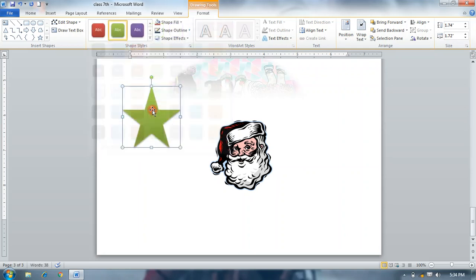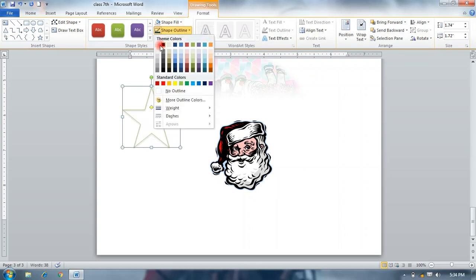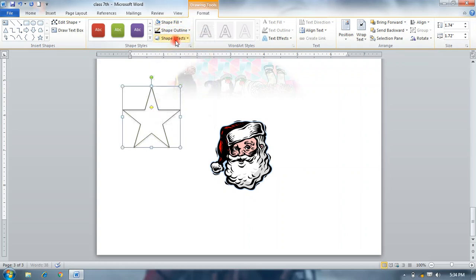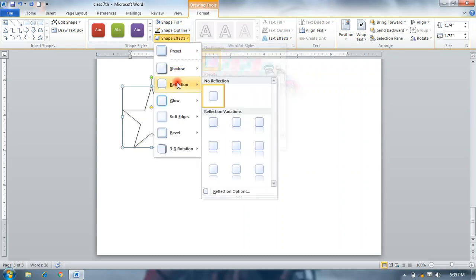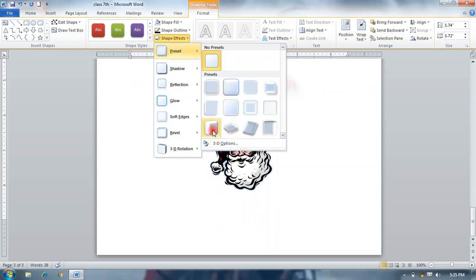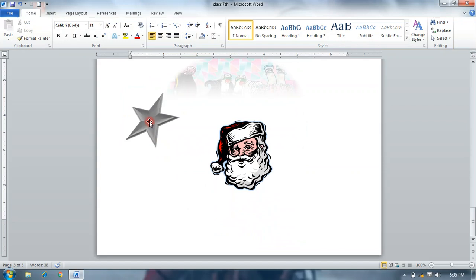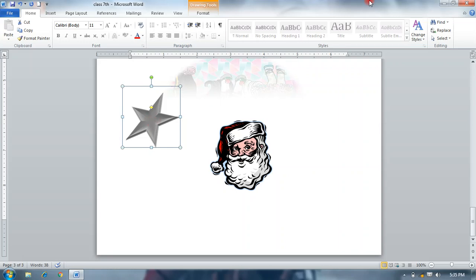This is the shape style. Shape fill, if you want no fill, okay. Shape outline, you can select an outline. Shape effects, you can apply effects to any shape. So when you want to apply any type of formatting, first of all you select your object.